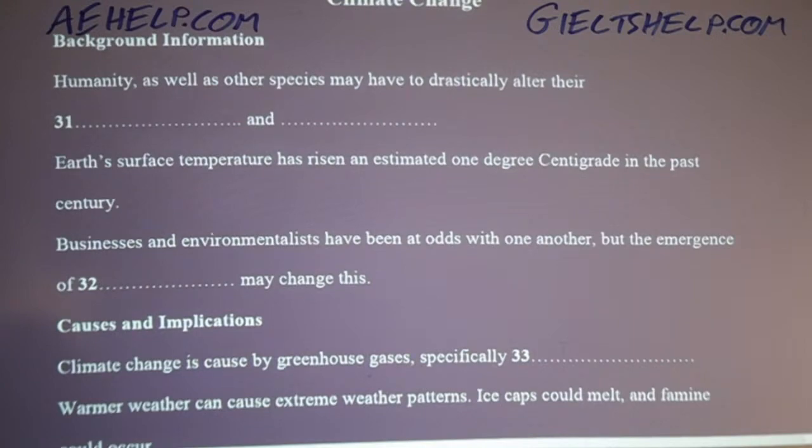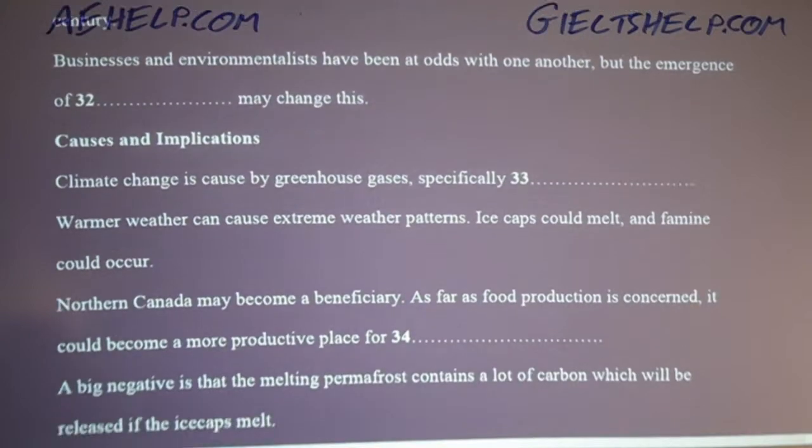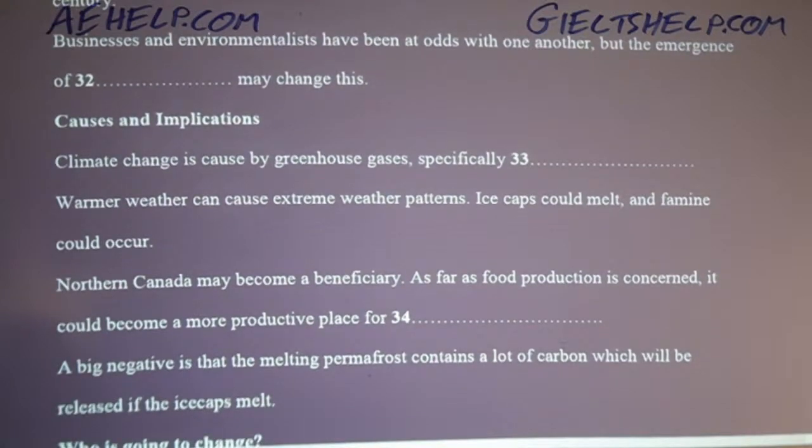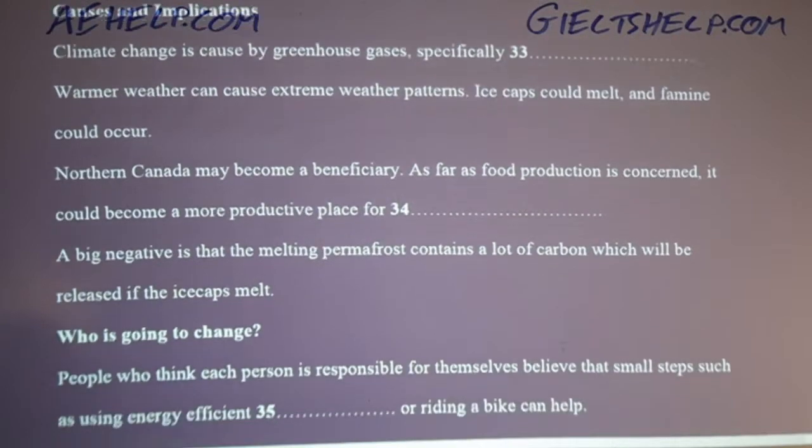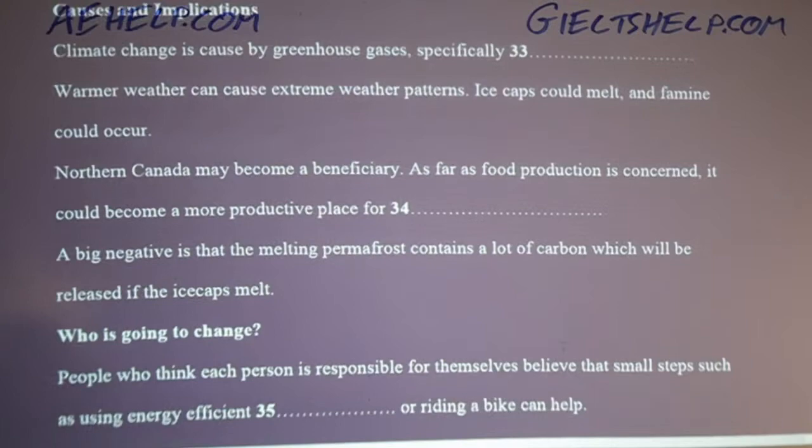There is an ever-growing consensus that the cause of climate change can be linked to human action. To be more specific, environmental change is caused by the emission of greenhouse gases. Carbon dioxide is chief among these. So what's so bad about things getting a little warmer, you may wonder? Weather patterns could become more extreme. The polar ice caps could melt. Sea levels could rise, and instances of famine due to drought could also increase.